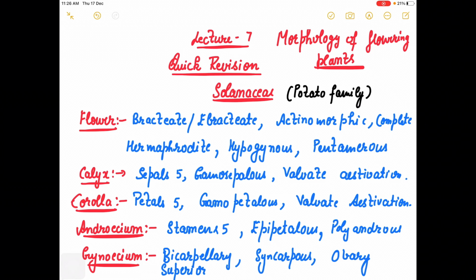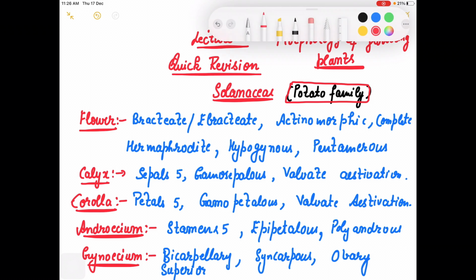So here yesterday we talked about the family Malvaceae, right? Which is very characteristic for the China rose plant, China rose flower. So here today I'm taking another interesting family. Every one of you is aware of this family, that is the potato family, and this is Solanaceae. Potato, tomato, chilies, brinjal, they all belong to this family which is Solanaceae.